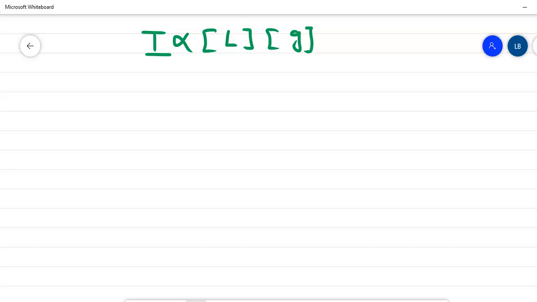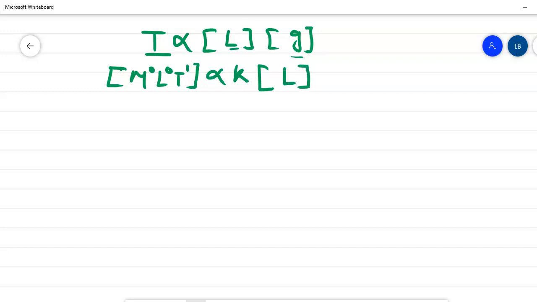First, write the dimension for the left hand side. What is the dimension of the left hand side? I have to write the dimension of the left side as M0 L0 T1. It depends, so take a constant. I am taking the constant as K. And what is the dimension of the right hand side? The dimension of length will have only L. And what is the dimension of acceleration due to gravity? It is LT to the power minus 2.